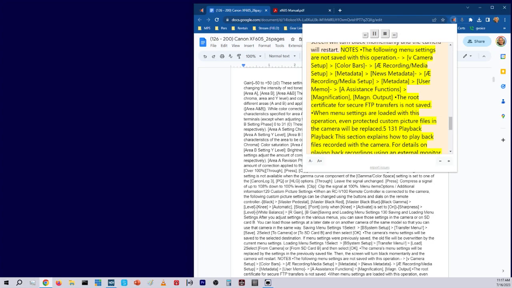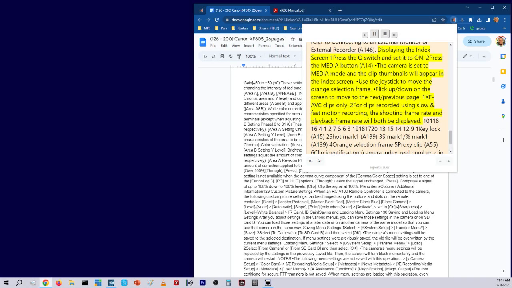This section explains how to play back files recorded with the camera. For details on playing back recordings using an external monitor, refer to Connecting to an External Monitor or External Recorder, A146. Displaying the index screen: 1. Press the Q switch and set it to on. 2. Press the media button, A14. The camera is set to media mode and the clip thumbnails will appear in